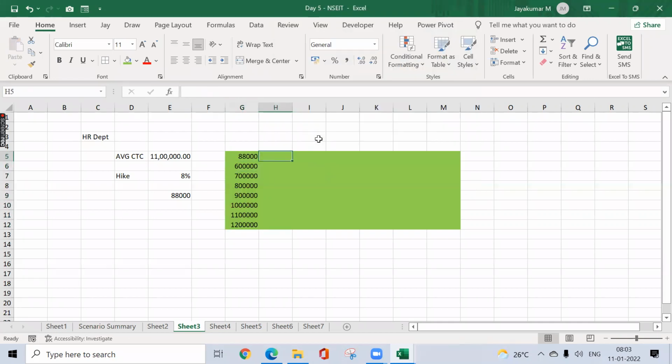And then I'll go with 8%. I'll go with 10%. I'll go with 12%. Okay, I'll go with 7%. I'll go with 5%. I'll go with 11%. Okay, only a few different pieces of information I have typed. Now, once it is done, I'll go with data